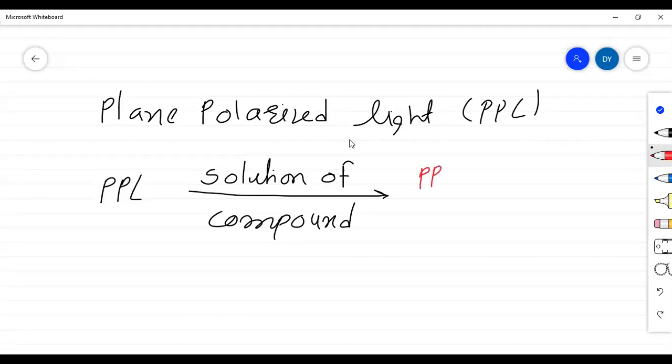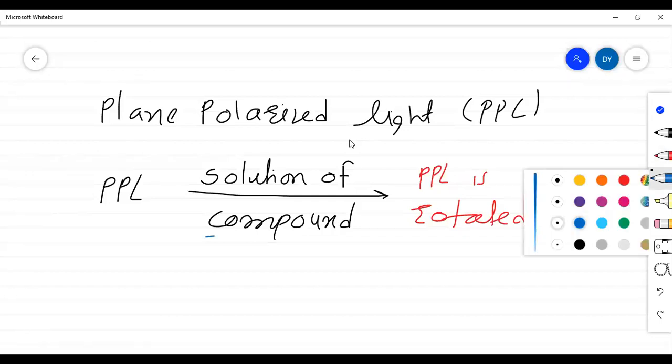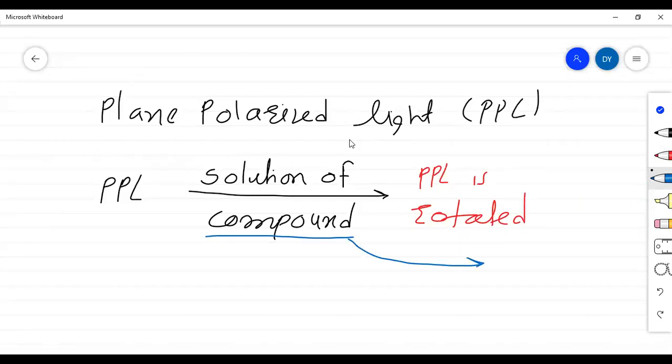that plane polarized light is rotated, and when this plane polarized light is rotated, okay, then we can say that this compound